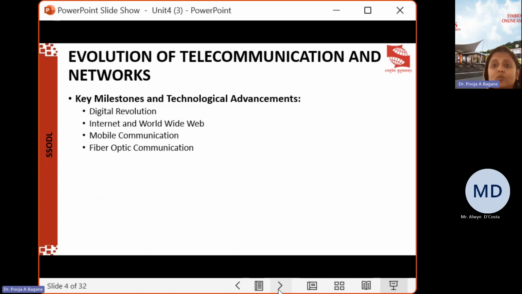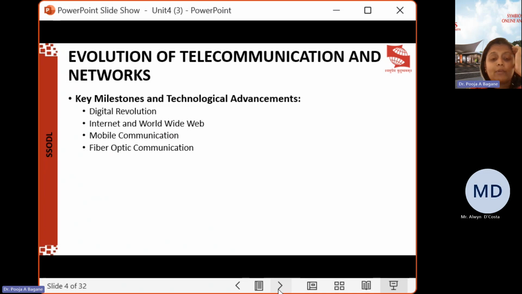Then there is mobile communication. The beginning of the 1980s witnessed the origin of first-generation mobile communication technologies. The first generation of analog cellular networks was replaced by digital ones in the following decades, with subsequent innovations developing into faster, feature-rich networks. So mobile communication, without mobile nowadays we could not survive.